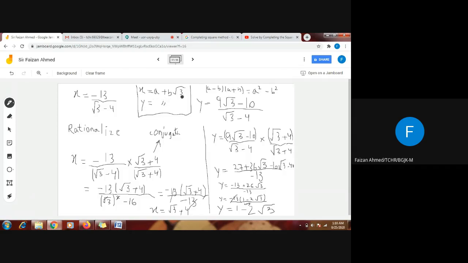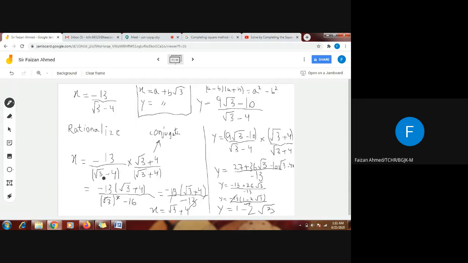Since there is a denominator in x and y, we have to remove it, and we can remove it by rationalizing. Rationalizing is a method in which we remove the square root present in the denominator. I know you guys know that to remove a square root, we need to take a square. How can we make it square? By the method of rationalizing, we multiply and divide by its conjugate. What is basically a conjugate? A conjugate is the same term but with the opposite sign.